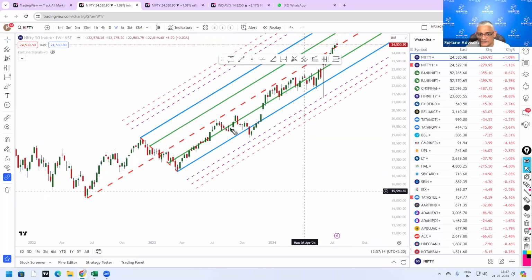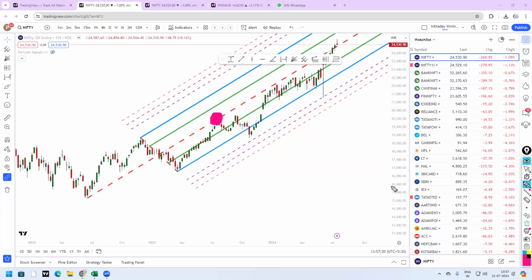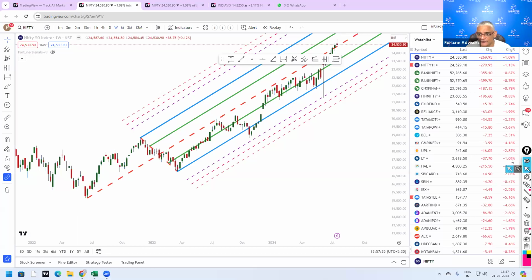So where did it first get rejected? Median line. Again, where did it get rejected? Exactly at the median. Again, this candle closed above. This candle closed above. So Nifty is still having the power to go up. But Bank Nifty, if you see,